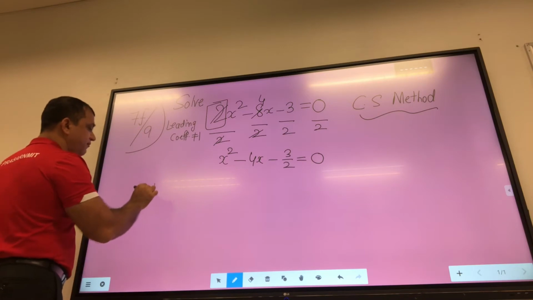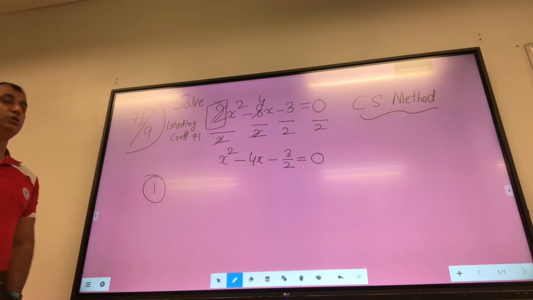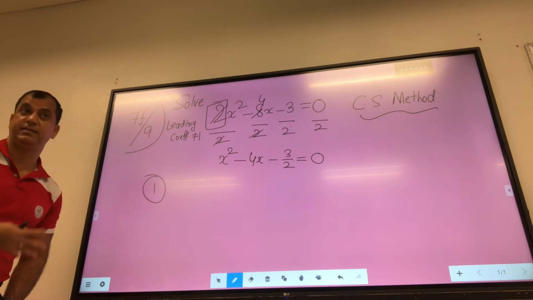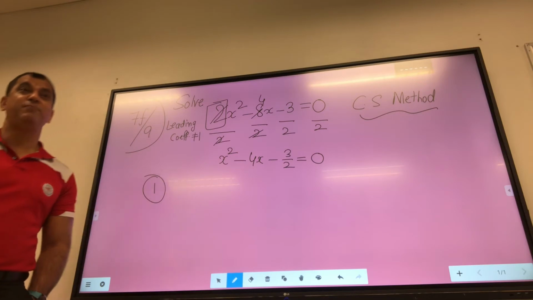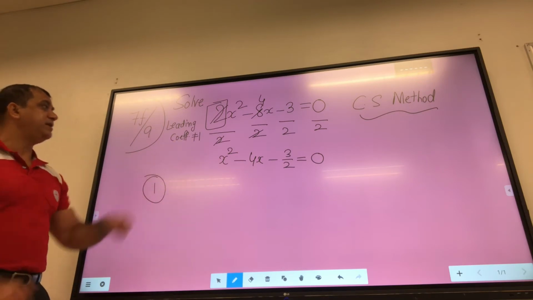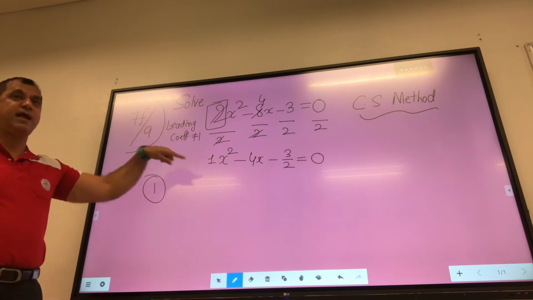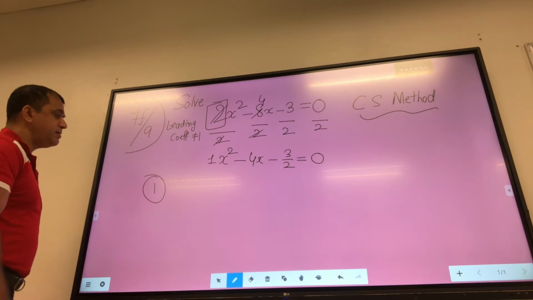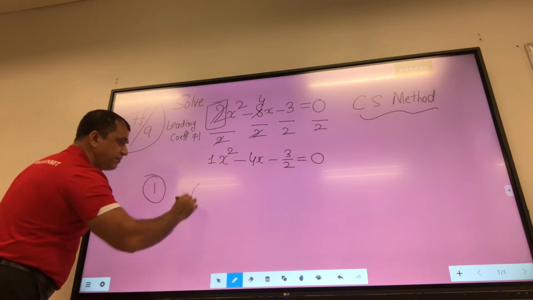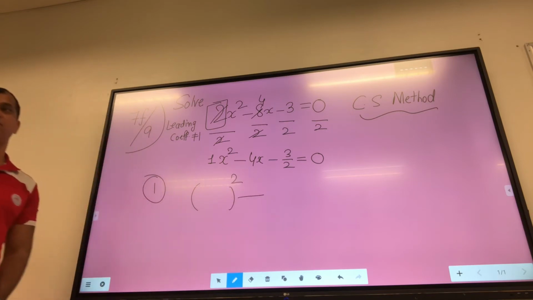Now here our first step will start. Keep it in mind, you can apply this method, which is not even mentioned in the book, only if the leading coefficient is 1. If it is not 1, make it 1 like we did here. Now the leading coefficient is 1, so in step number 1 we put a bracket, whole square, and a minus sign, like in the previous question.